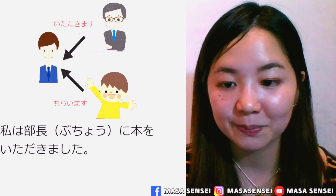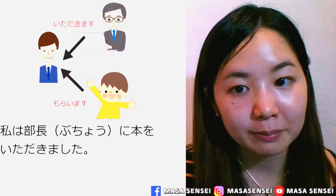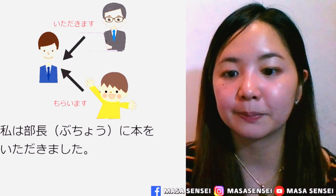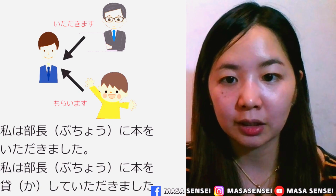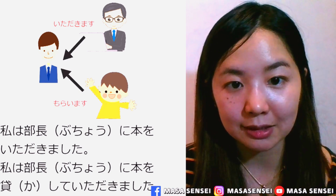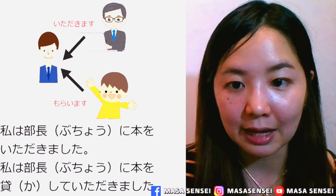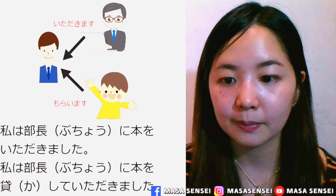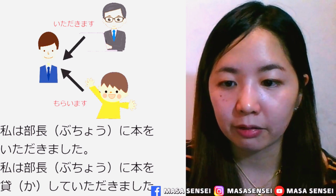Then if I want to say, I received a favor from my manager of his lending me a book, in this case, we will use て form plus いただきます. It will become 私は部長に本を貸していただきました。